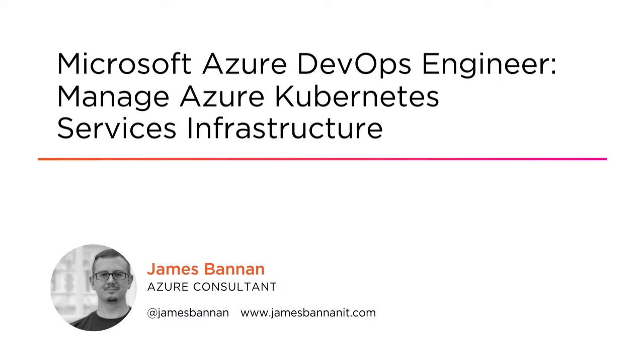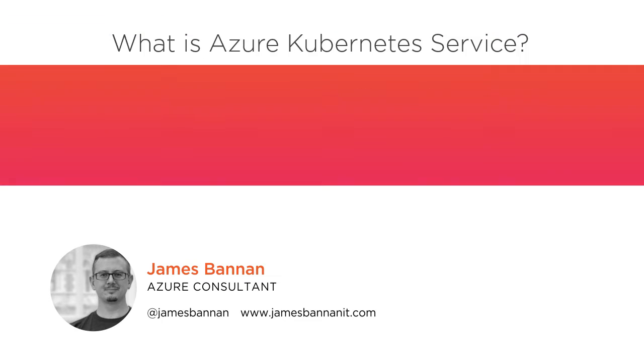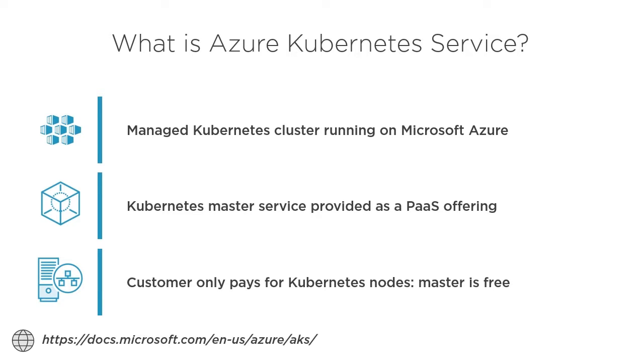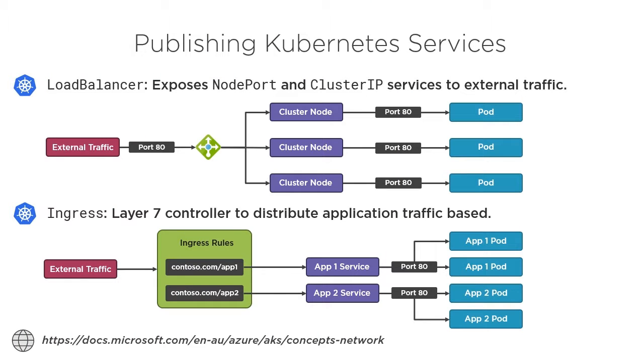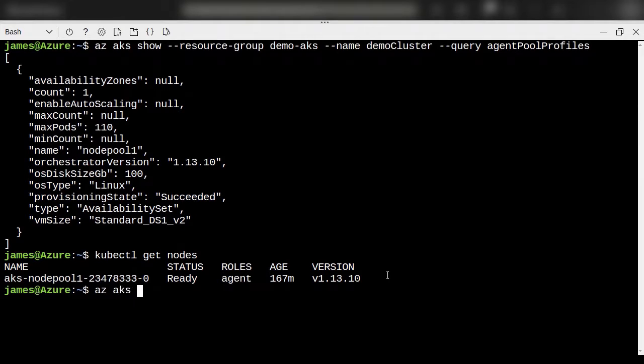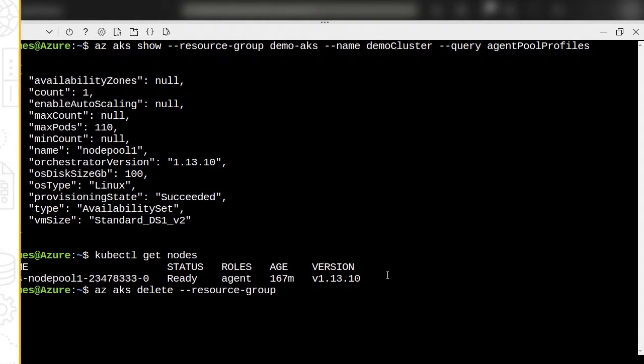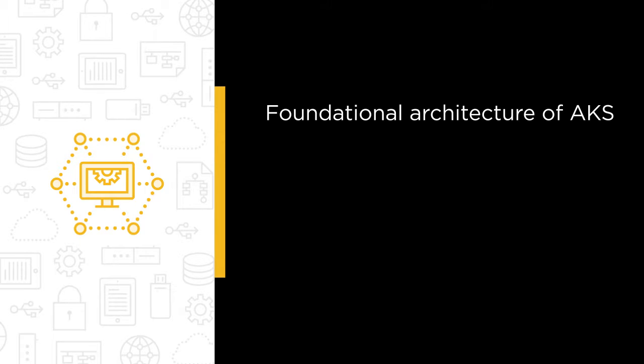I've authored a number of Pluralsight courses on Microsoft Azure, and helping customers migrate to Azure, optimize investments, and transform workloads is the main focus of what I do every day. This course will enable you to plan and deploy Azure Kubernetes Service using a range of tools and infrastructure configurations, perform infrastructure tasks against AKS, understand how AKS interacts with the Azure platform, and use what you've built to deploy complex applications to AKS. Some of the major topics that we will cover include understanding the foundational architecture of AKS